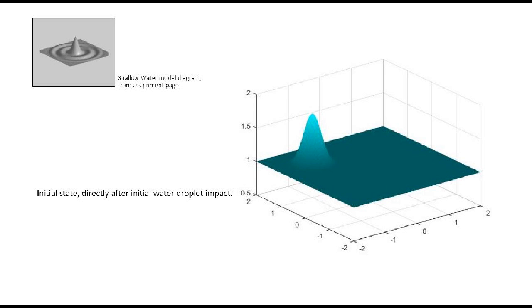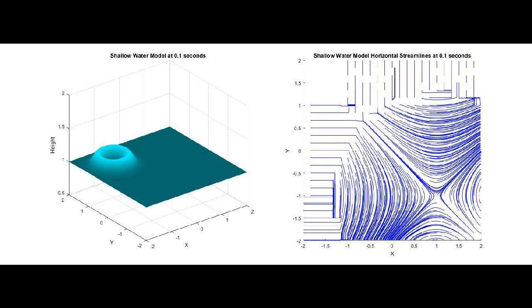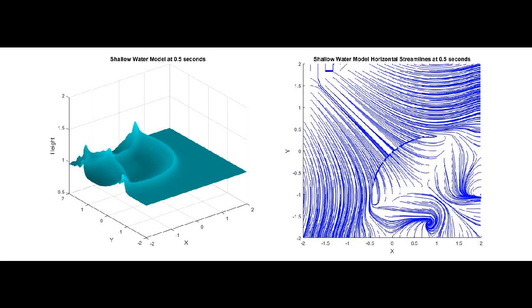Red used the shallow water equations to model a still water surface, which was simple, and then to model the ripples caused by a drop of water hitting the still surface, which was less simple. Red claims to have chosen this project because the shallow water model can be used to model tsunamis, which were on their mind because of the recent tsunami in Japan. I think the truth is that Red just liked making the pretty moving picture.